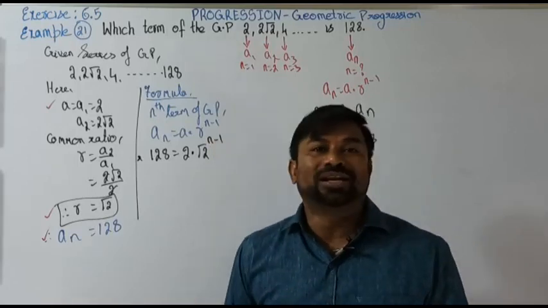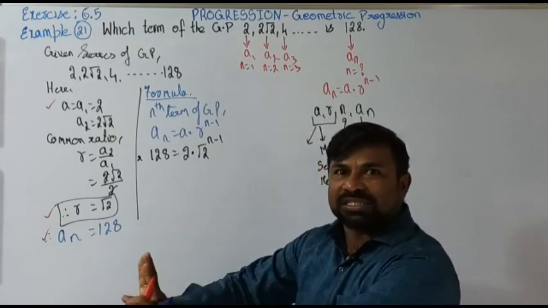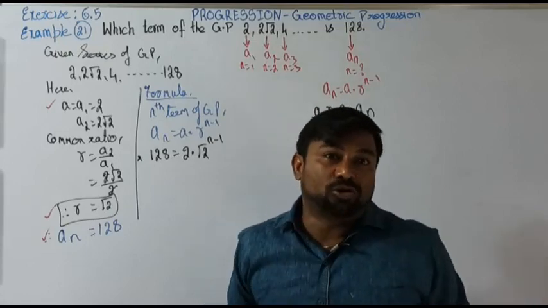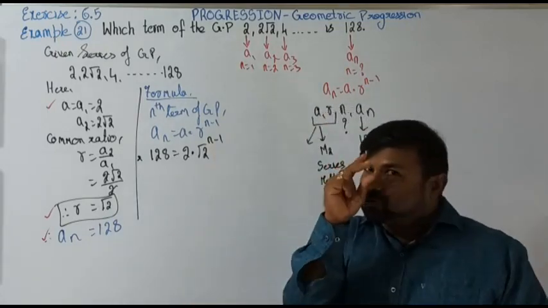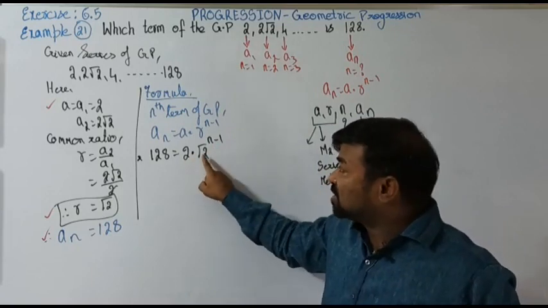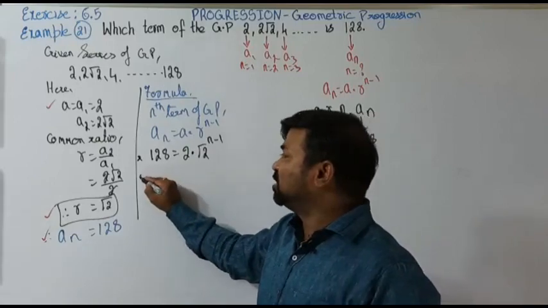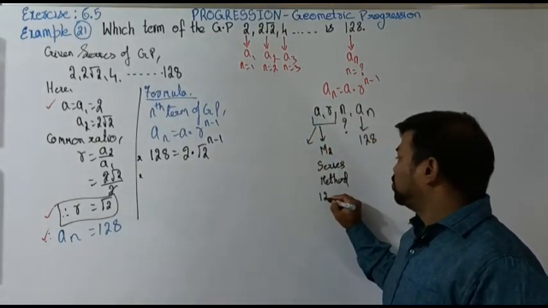We can solve it. What's the meaning of solving? Keeping the unknown at one side, and the remaining all to the other side. So which is the unknown? Which is the variable here? Power n. Okay, but if you check it out, both the bases are 2 only. Both the bases are 2. Now let's go in a tricky way. I like to prime factorize 128.